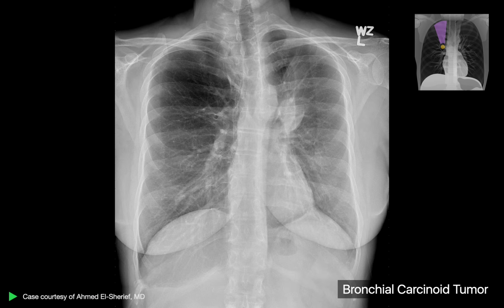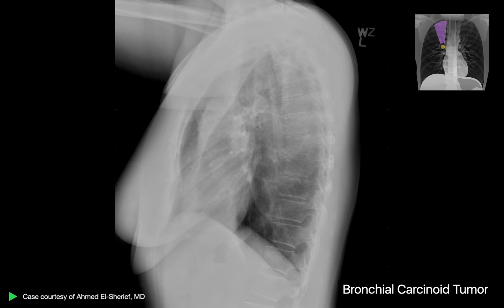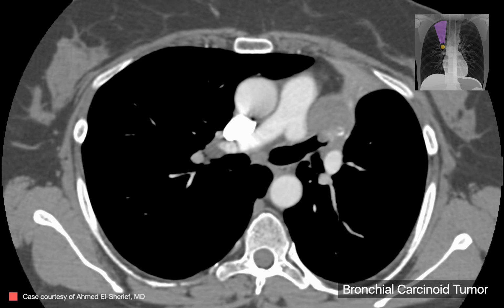This is an example of a central left upper lobe carcinoid tumor that's obstructed the left upper lobe bronchus, resulting in a juxtaphrenic peak on the left side, a Luftsichel sign in the upper left chest, and marked anterior displacement of the left major fissure due to obstructive left upper lobar atelectasis. The corresponding CT images showed a central left upper lobe tumor that included a small amount of calcification and total obstructive left upper lobar atelectasis.